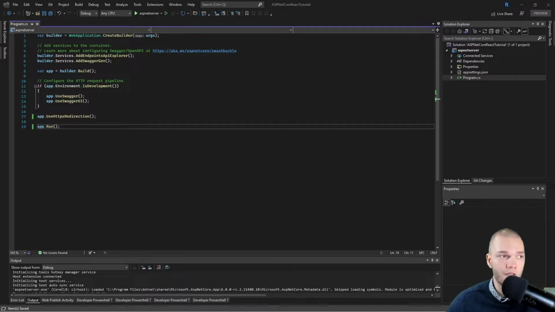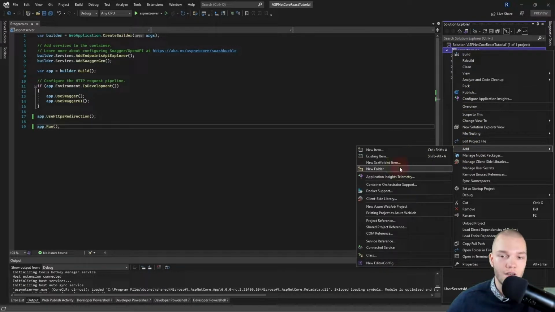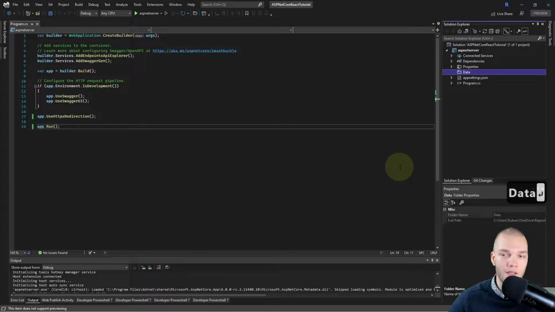Right, so I want to start by setting up Entity Framework and our database. So to get started with that, I'm gonna right click the ASP.NET Server project and hit add, and I'll add a new folder and name it data. So I'll just start off by creating our model, which is just a very simple data class with a few columns, which Entity Framework will convert to a SQL table for us, also called a code first approach.